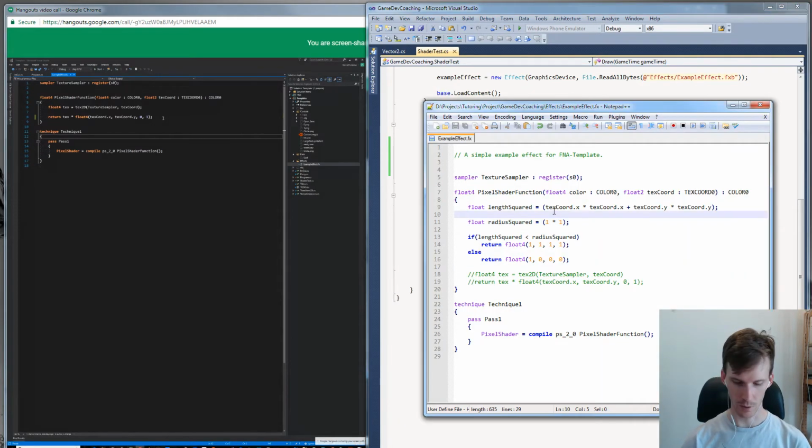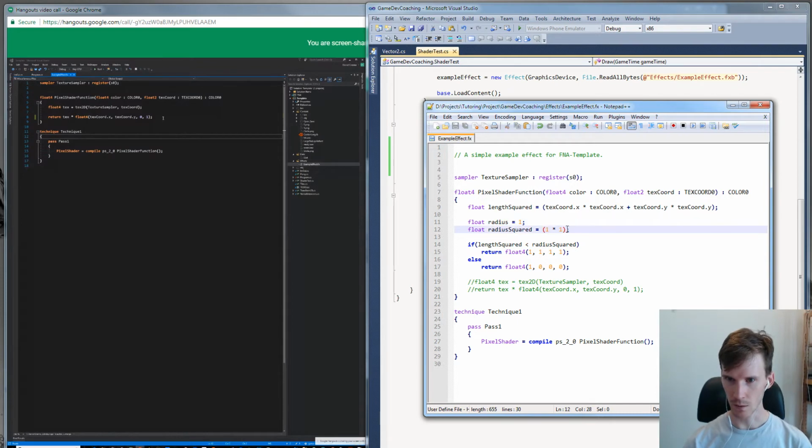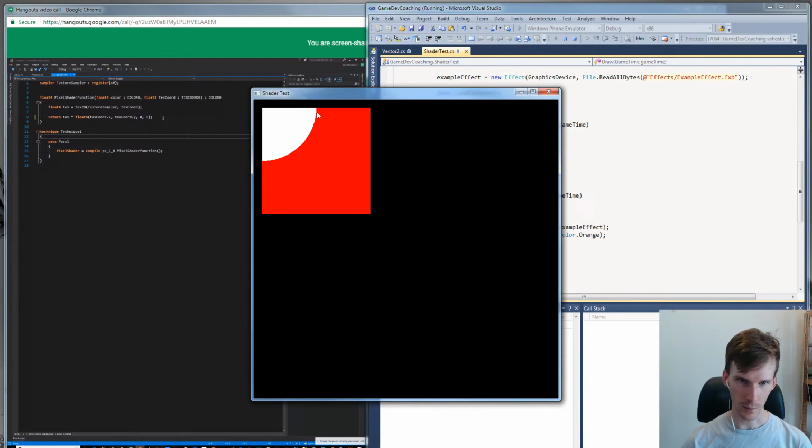And so, yes, and then we had a quick discussion about the orange. I'm passing an orange there, and why is that like that? And then obviously I'm clarifying what the radius is. So if I put in a radius of 0.5, we get a circle with a radius of 0.5.